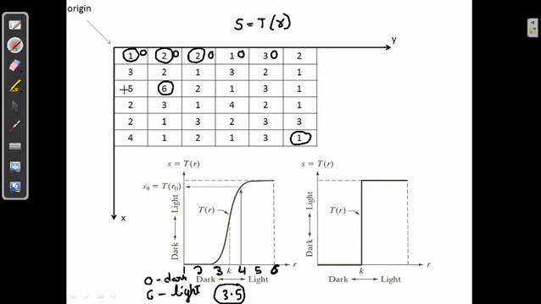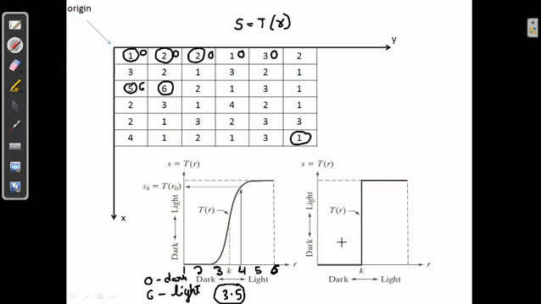Okay, when you come over here, the intensity value is 5, so it is greater than 3.5, so it would be rounded off to 6, which is the highest value. So this is how we'll be converting one cell by applying some transformation to the S domain. S is nothing but the output which you will be getting. R is the intensity of the original image. We will be applying some transformation, and the output will be called S.